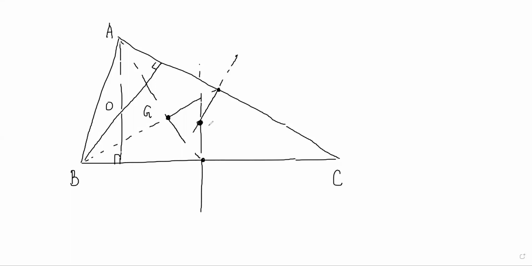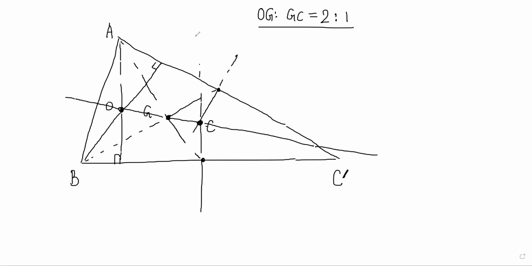See, that is why sometimes notation becomes a problem. This is circumcenter, and I'll mark it as C here. I'll call this C dash, right? So you have OGC, right? And the theorem is saying that this is a straight line. OGC lie on a straight line, and they are collinear, and OG is to GC is equal to 2:1. That is the thing. Now, how do we prove this? Think about it. Assume that it is collinear for now.